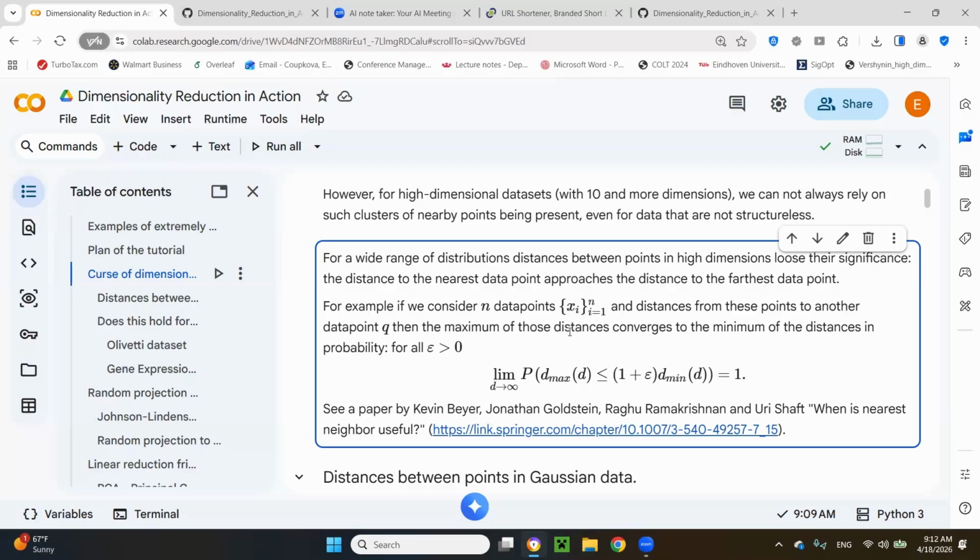Yes, but in the high dimensional data sets, often for a lot of distributions, it happens that there is one point, then there's nothing for a long time, and then there's another point. Then there's nothing for a long time, and then there's another point. And then we still need to cluster that type of data, even though the distances do not behave the same way as we intuitively